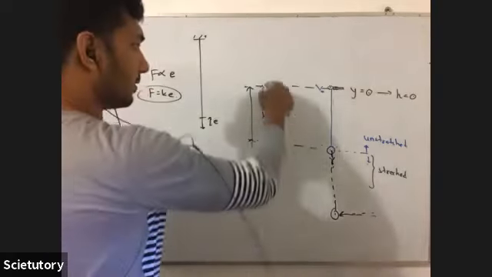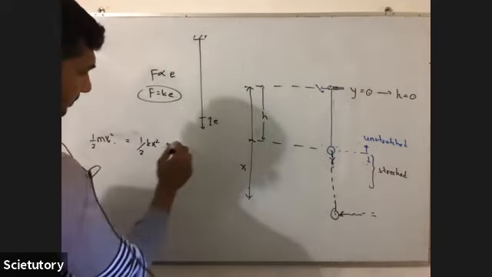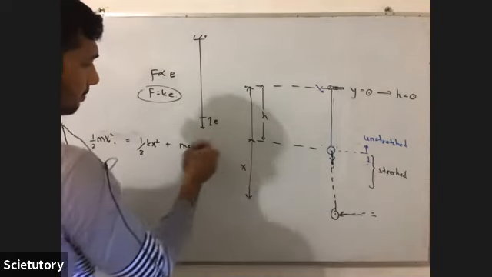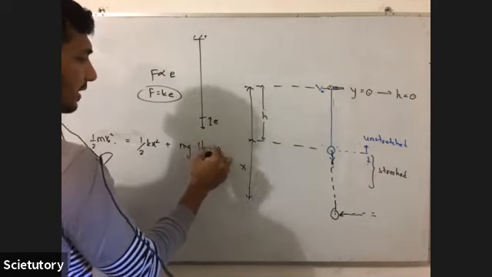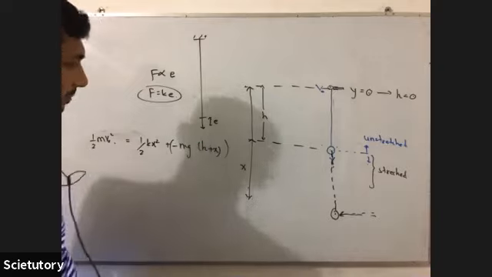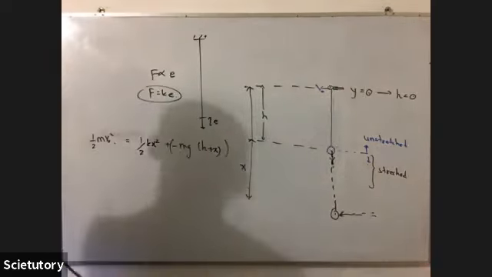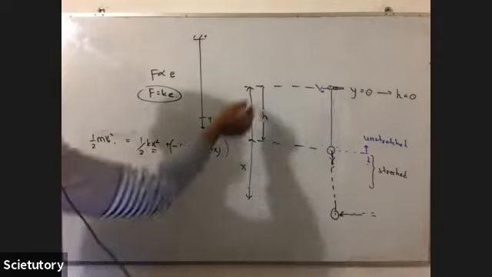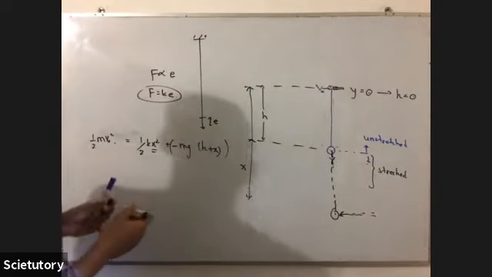you have to put the whole height first step, mg into h plus x, but it will have a minus value, no? So I put the minus value, because it's below the level of h equal to 0. Now you can find this x and you can find the y coordinate also. So this is the equation, just for your interest.